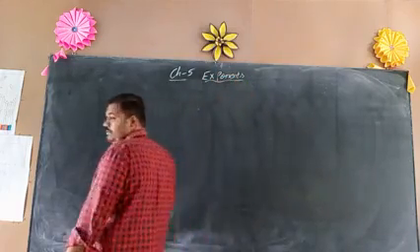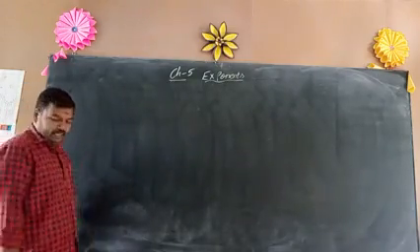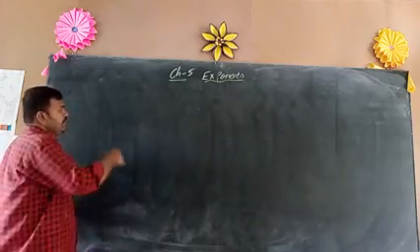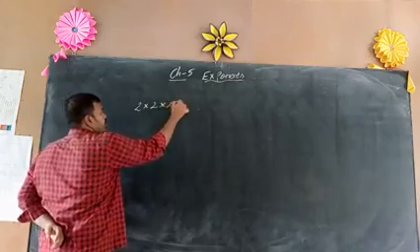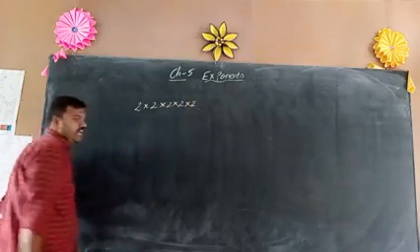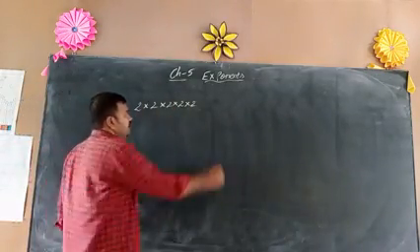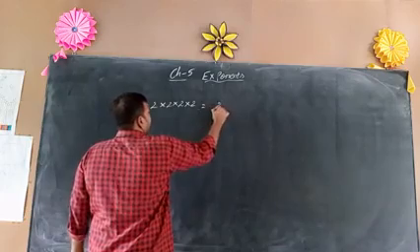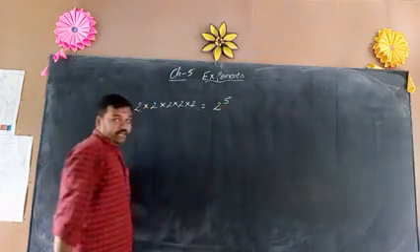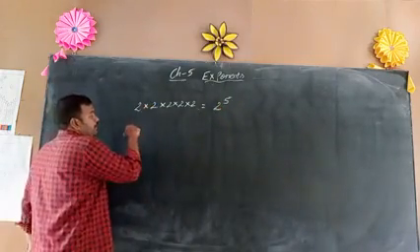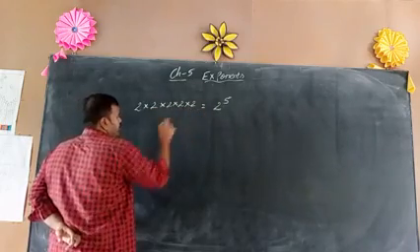What is called exponents? It means powers. We learned powers in the previous class. 2 into 2 into 2 into 2 into 2: writing the same number in multiplication order, we can write it in the form of powers. How many times is it repeated? 1, 2, 3, 4, 5. So it is 2 to the power of 5. We did that in the previous class, 6th class. 2 into 2 into 2 into 2 into 2 is 2 to the power of 5.